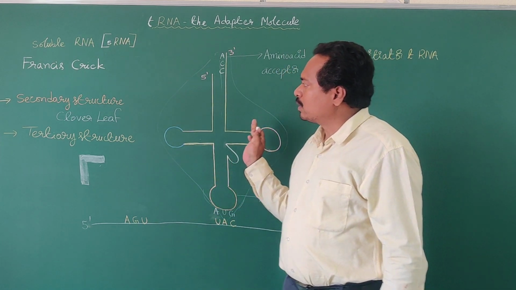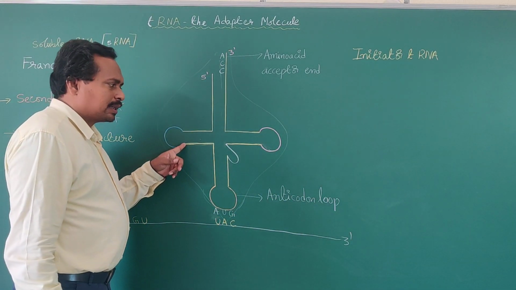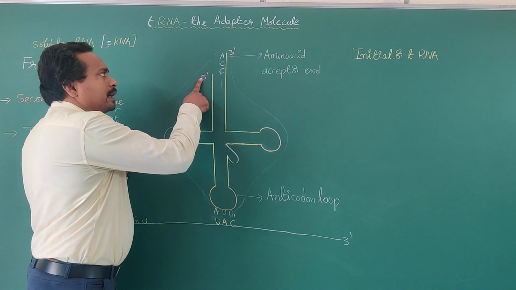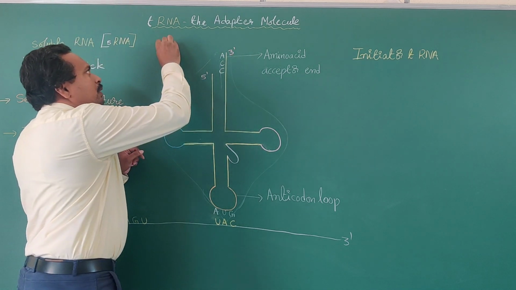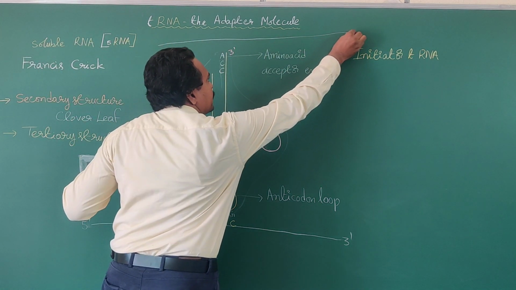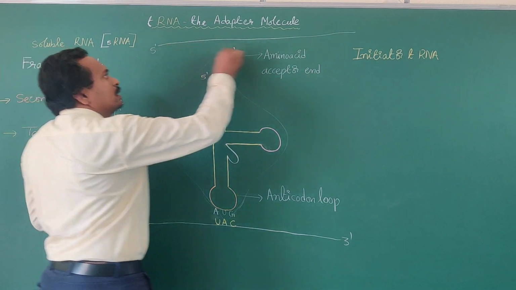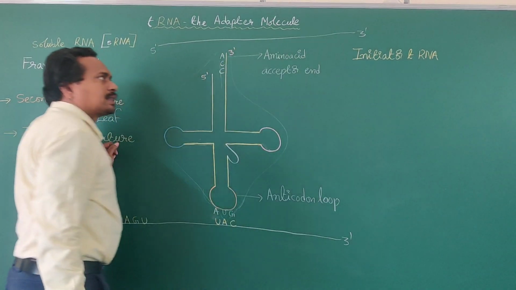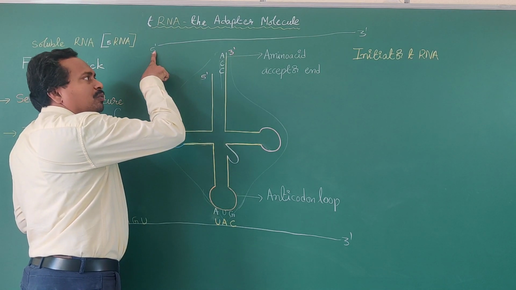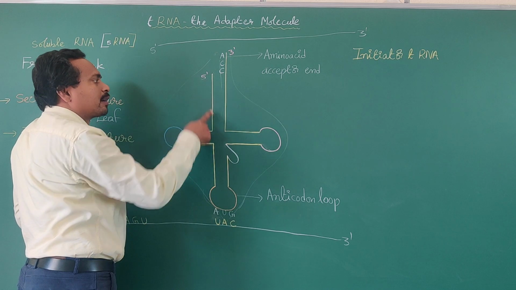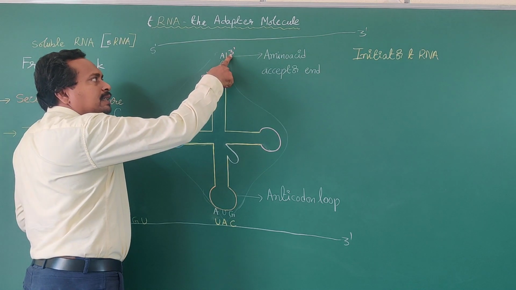This is the diagrammatic representation of the secondary structure of the tRNA molecule. One end is the 5' end, and another end is the 3' end. In the primary structure, it resembles a linear thread, whereas in the secondary structure, it is folded to form the clover leaf structure. Okay? This is the 5' and 3'. Before folding, and after folding, the tRNA molecule appears like this. So this is the 5' end, and another end is the 3'.